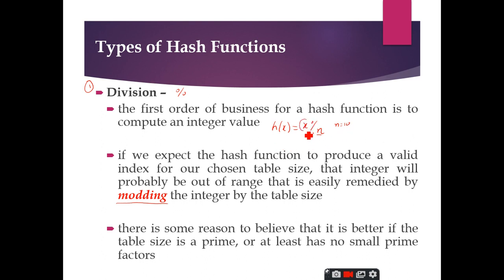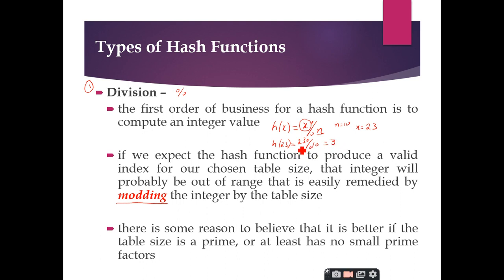What is x here? Integer, sir. It is an integer, or the value which you want to store inside the hash table. That is the actual value which you are dealing with in the hashing, right? So for example, I have a number 23. So I pass this, therefore x becomes 23 here. So I pass this 23 to the hash function. So h of 23 is equal to 23 mod 10. What is the value? 3, sir. 3. Right.